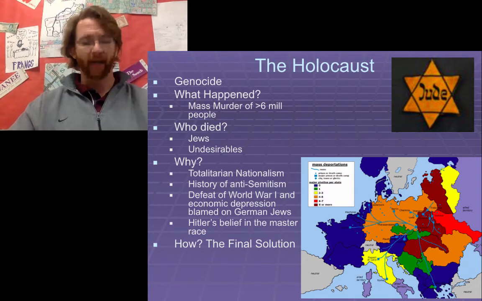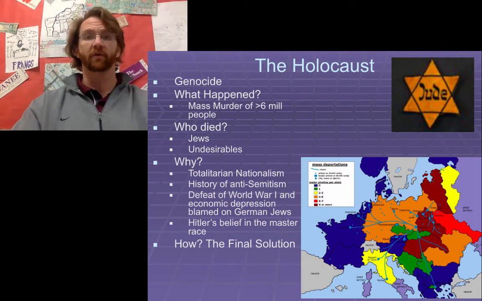So how did he go about it? The solution to this was the final solution. Now, initially, Hitler just wanted to take all the Jewish people and isolate them and pack them into ghettos. Ghettos, the word is basically just inner cities. The ghettos are just special places for Jewish people to live and isolate where they live. Well, once he figured out that there were so many Jewish people in Eastern Europe, Poland specifically, he said, well, we've got to have a different way to deal with this.